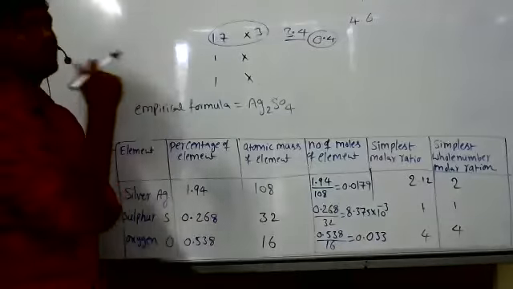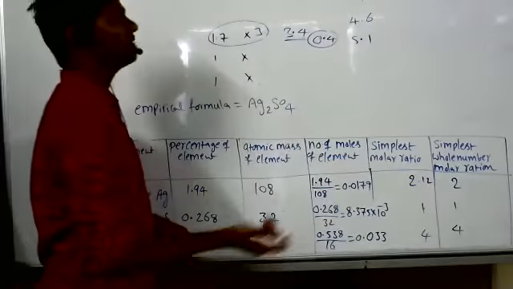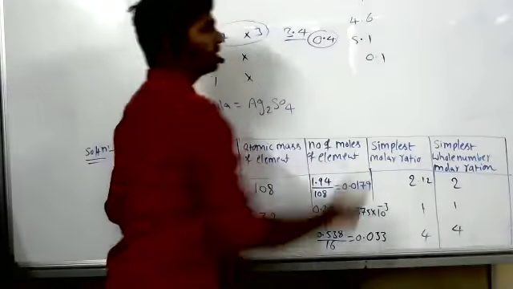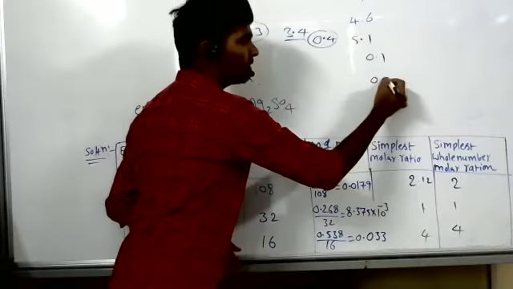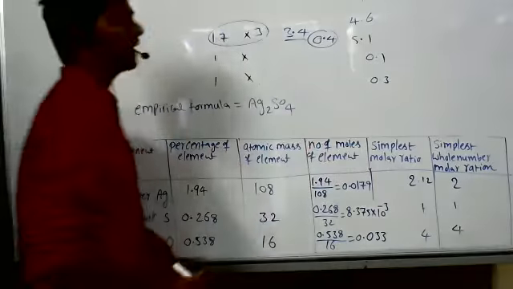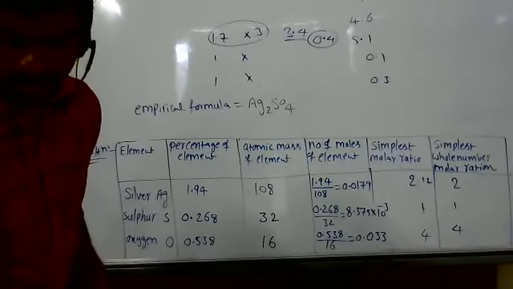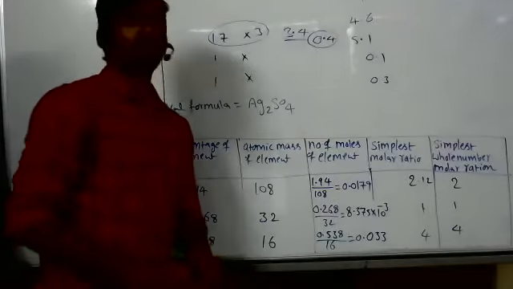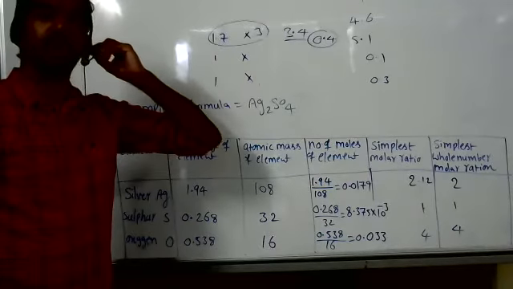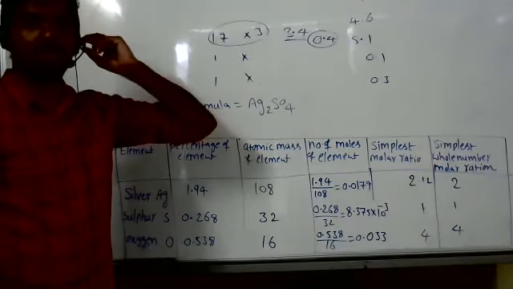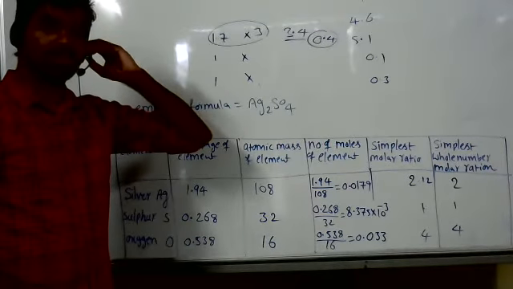If you multiply this one with 3, it gives 5.1, only 0.1 extra, so okay, we can neglect. That's what I'm telling. If it is below 0.25 or 0.3, you can neglect. In chemistry, we don't accept round-off numbers. Why can't we? We are accepting, no? For the Avogadro number, are we writing the correct Avogadro number? No. But if we get numbers like 1.7, why can't we write directly 2?